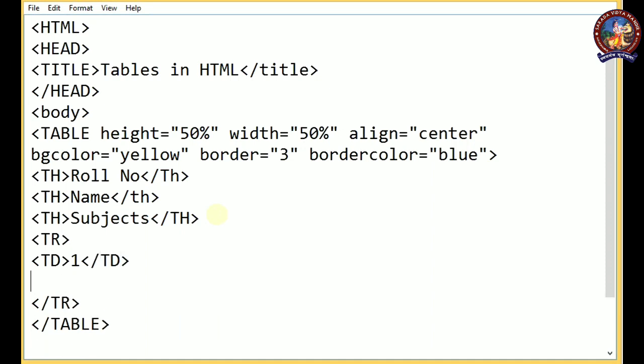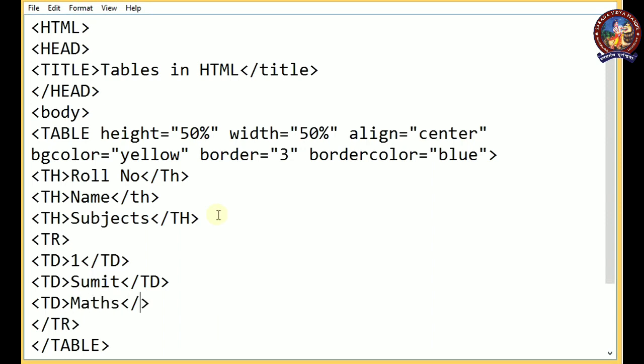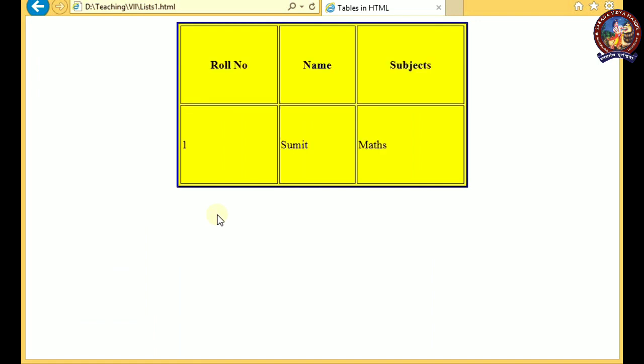Second value is the name, suppose it is Shumit, then close td, and the subject is taken, suppose it is maths. Save, refresh, you can see that in the second row the data we have entered appears.